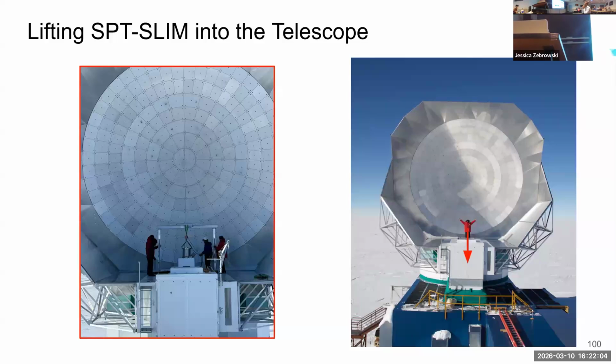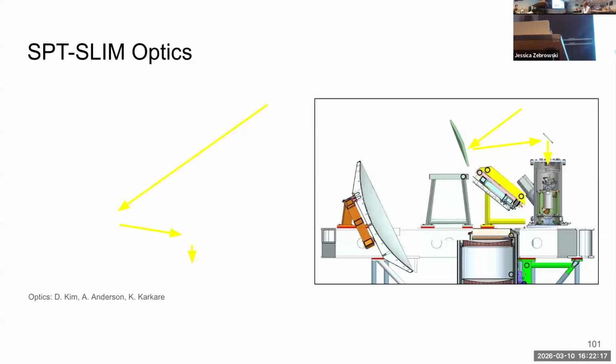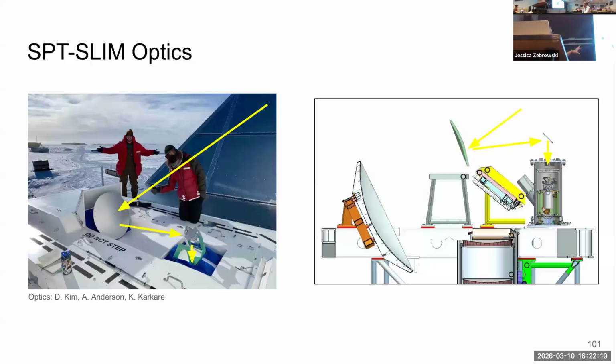We then lifted SPT-SLIM into the telescope. This was kind of a brutal integration because you had to lift it up outside in the Antarctic cold and then drop it in. So it was a very cold day on the telescope, but thankfully installed with success. And then here's how you can see the optics work. If you remember from before, I told you that we had this little optics ray tracing diagram to have the light sort of picked off and go in. And here you can see, with people for scale, the same optics that then go down into the SPT-SLIM cryostat, which was in this environmental protection down there.